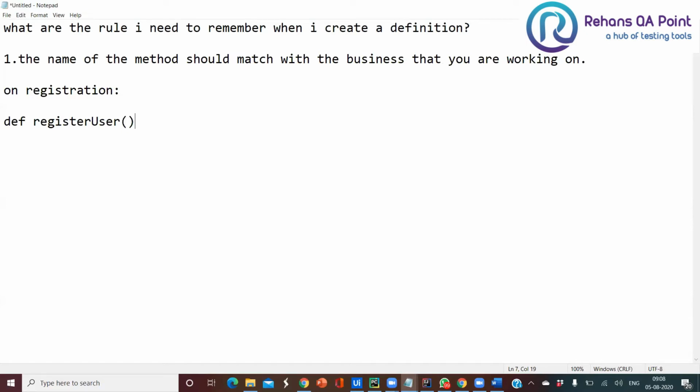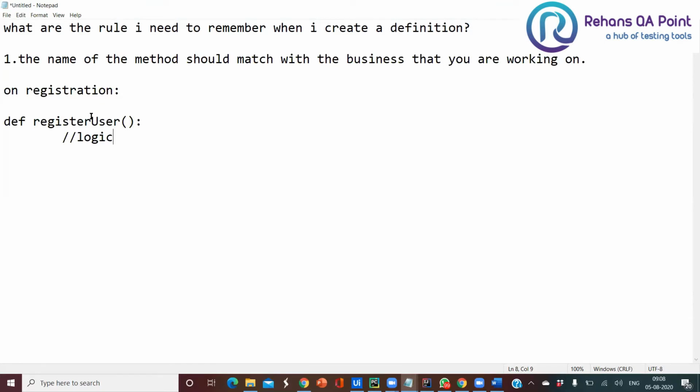Okay, so my definition should look like this, and you have to write logic inside it. So don't use method name as A, method name as B, or something useless. Always try to map your behavior. Definitions are also called behaviors. Methods are also called behaviors. So the logic that you write inside a block should be relevant to your business process behavior.